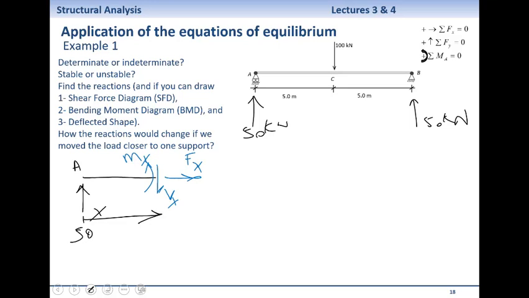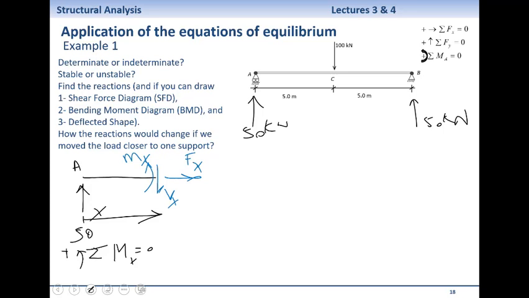It's not going to produce anything. So I'll have only one unknown in my equation, which is a good thing. So I don't need to do the simultaneous equations right at the beginning. But I write the equation properly, and I say summation of moments about point X equals 0,